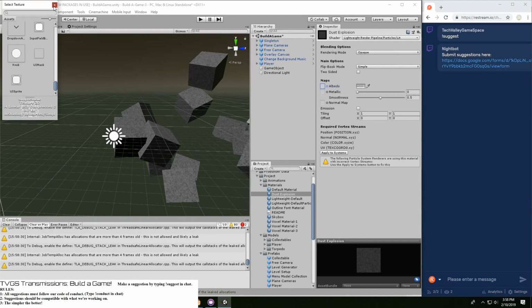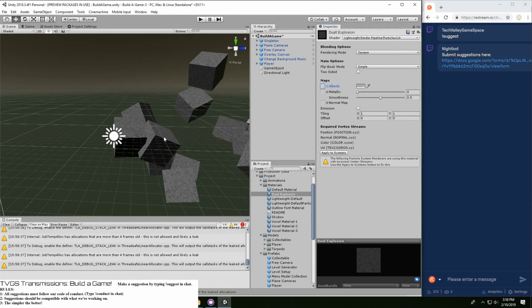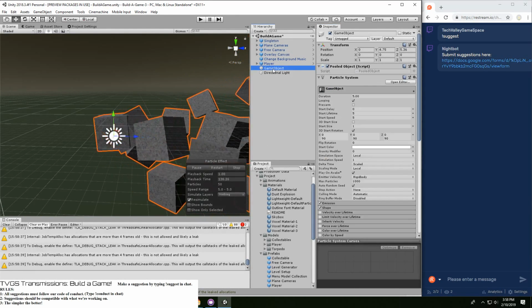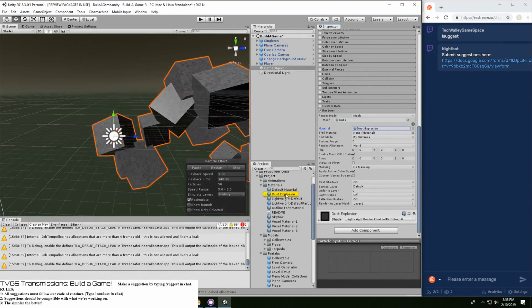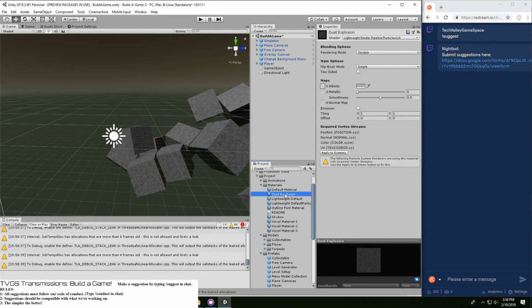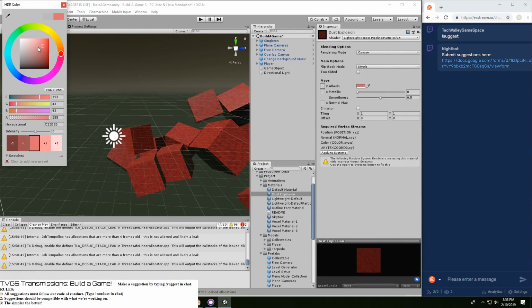Actually, no, that's not a bad one. I kind of like that. The reason why I say I kind of like that is because it allows me to adjust the color to whatever I want it to be.